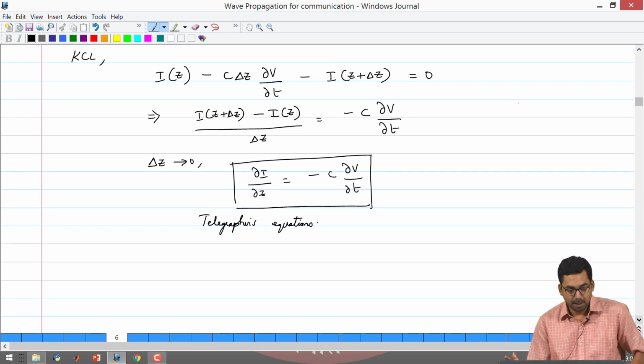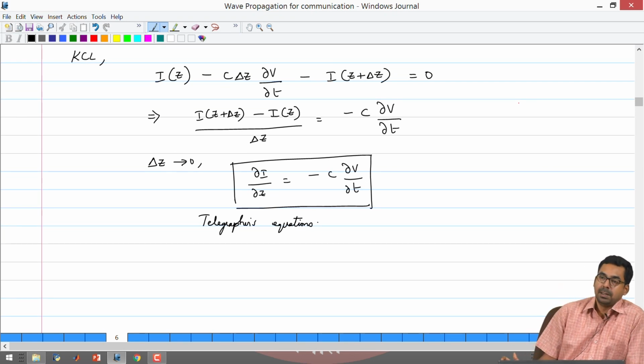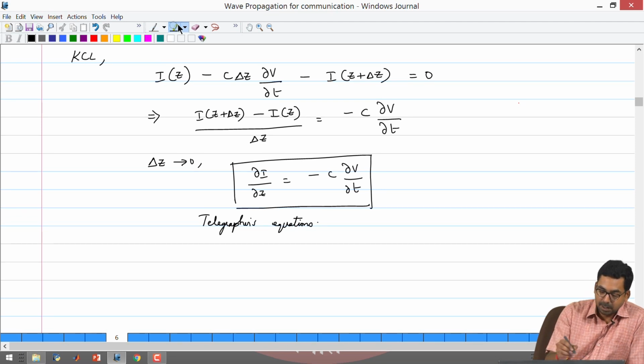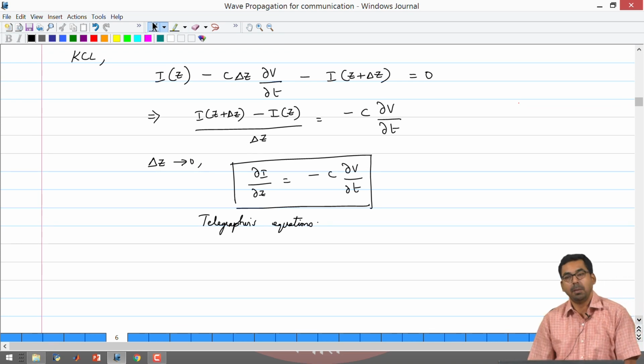Today we will proceed a little bit further. We will try to understand what these equations mean, and we will try to see whether we can decouple these equations. So, on the left hand side we have a spatial derivative, on the right hand side a time derivative, but we have a current component on the left side and a voltage component on the right side. Decoupling means that you will have the same quantity on the left and on the right, and let us see if that gives us any more information.